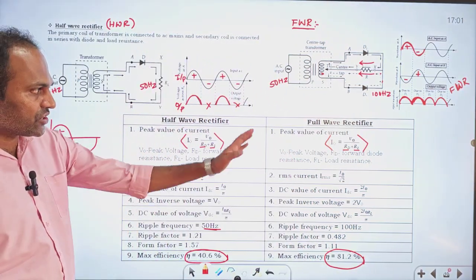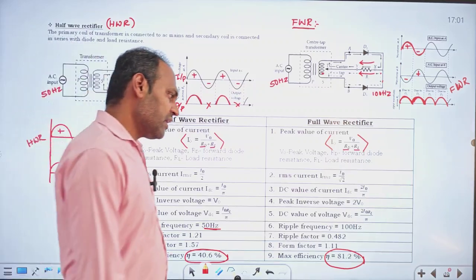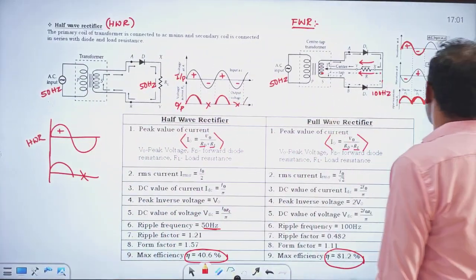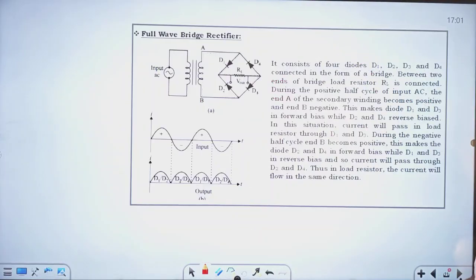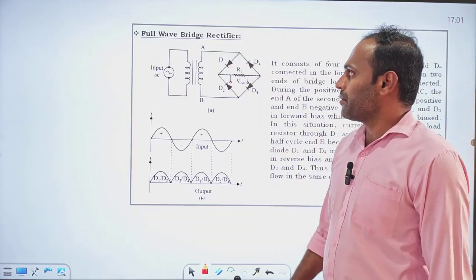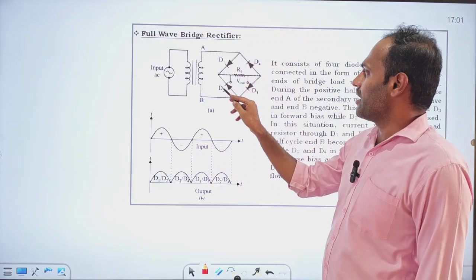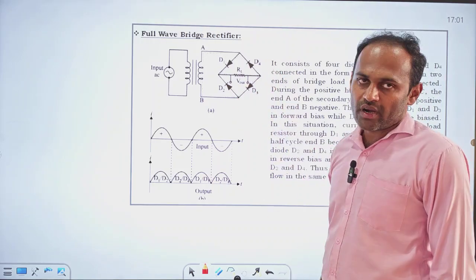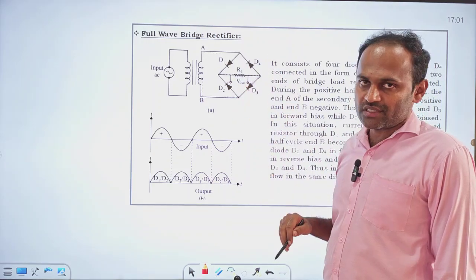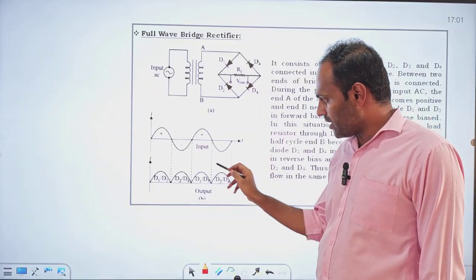So efficiency is more for full wave rectifier. Next note, full wave rectifier output, remember the output. There is one more rectifier called bridge rectifier, full wave bridge rectifier. We have 4 diodes here, D1, D2, D3 and D4. We have the load resistance. Even the output